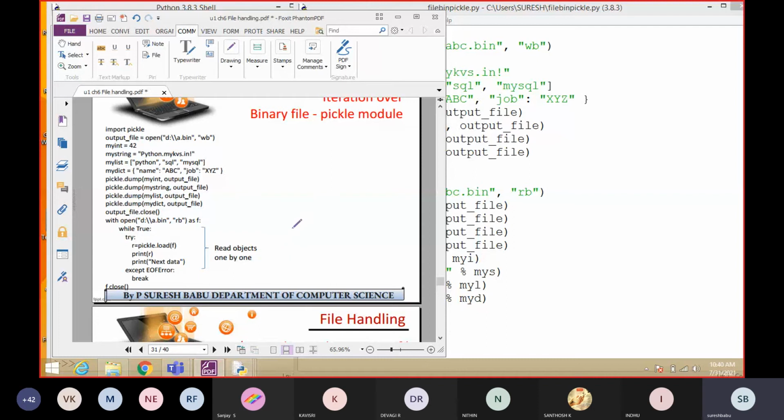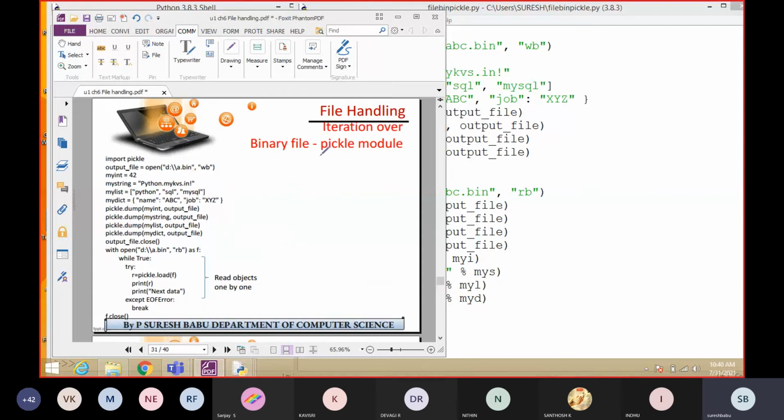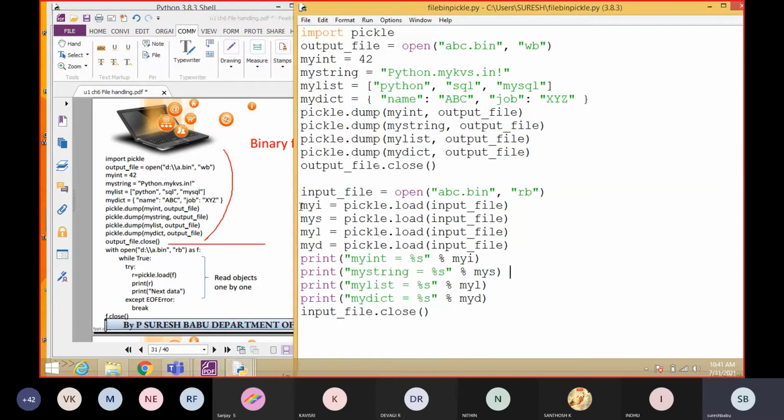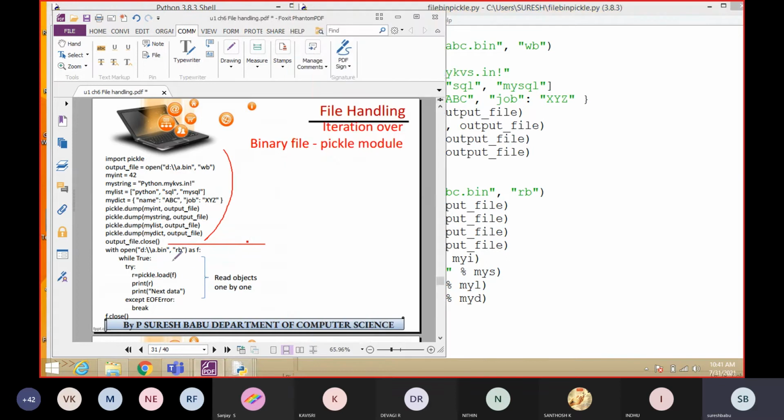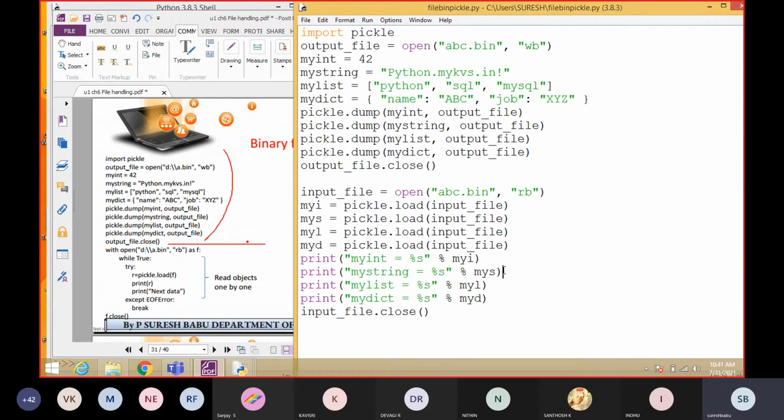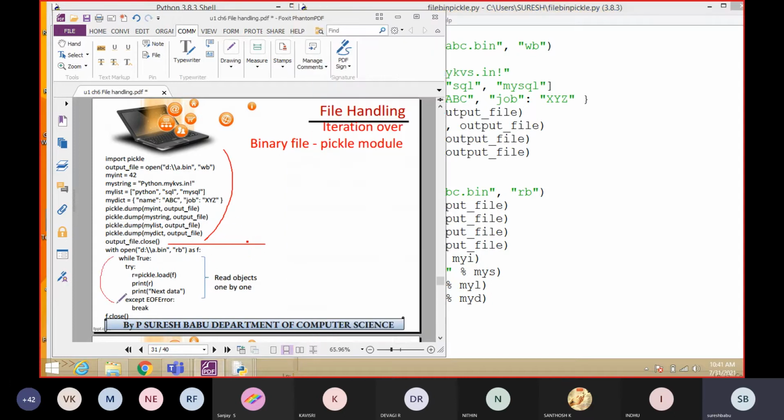Next one, the iteration method of reading the data. Writing is the same; this program is the same up to this point, but only the reading is different. The data is read not by this method. If you give a loop, every time it will read the data one by one. The first time it will read the first line of information, that is, the first line we gave as an integer, the second line a string, like this. So we just made changes in this read function.